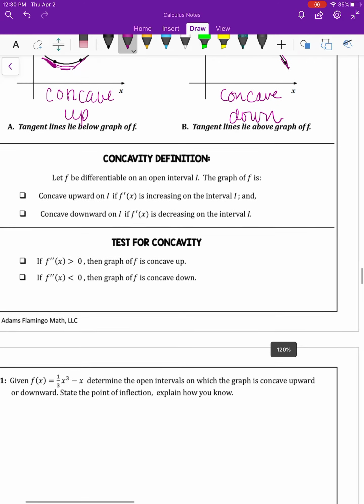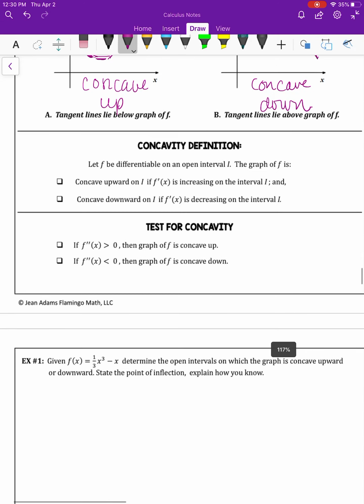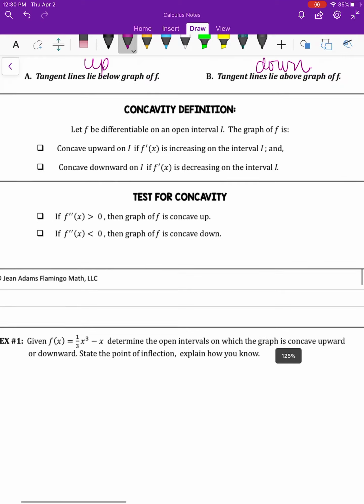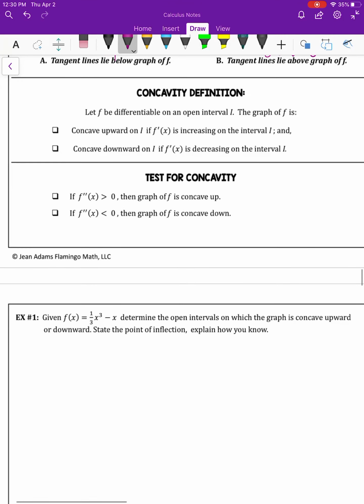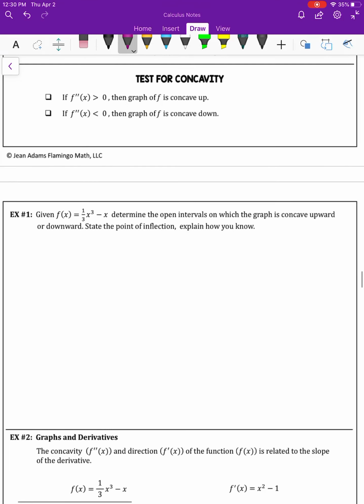So test for concavity: if the second derivative is greater than 0, then the graph of f is concave up. If the second derivative is less than 0, then the graph of f is concave down. So let's go ahead and look at our first example here. Given f of